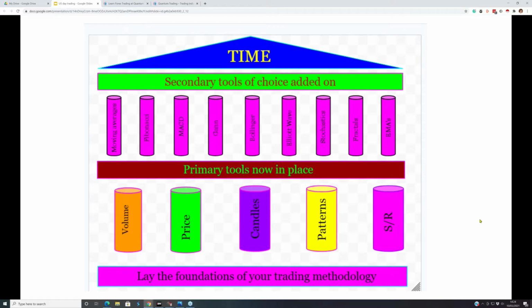And support and resistance. I cannot stress too highly, you really have to understand, first of all, the concepts of support and resistance, but also how you are going to display it. How are you going to measure it on your chart? How are you going to mark on the chart those areas that are price-based support and resistance? And we also use volume-based support and resistance. So you put them all together, as I said, in multiple time frames. And then on top of that, you can add your indicators. You can use your moving averages, Elliott wave, Bollinger Bands, Gann, MACD, whatever. It's entirely up to you.